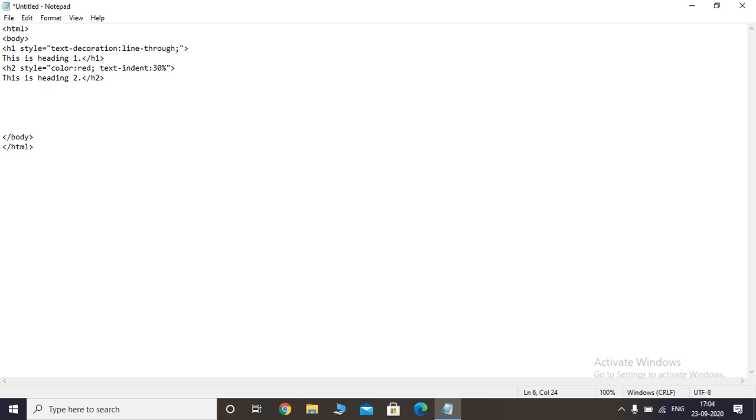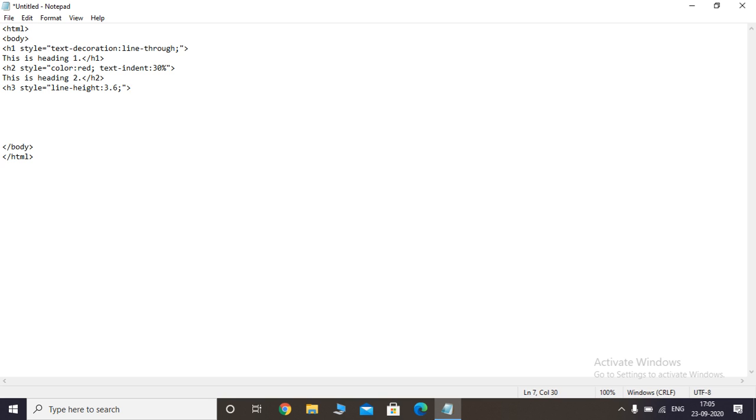Okay. Next we will go with the H3 tag. Again open the angle bracket, H3 tag, and again we give style equal to double quotes, and here we will use line-height. Let it be 3.6 and close with a semicolon, then close the angle bracket.